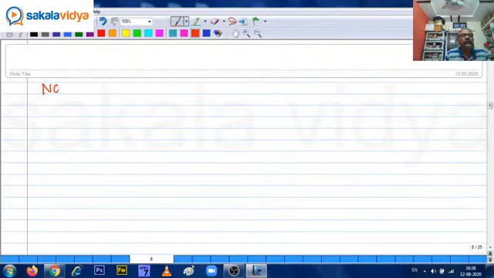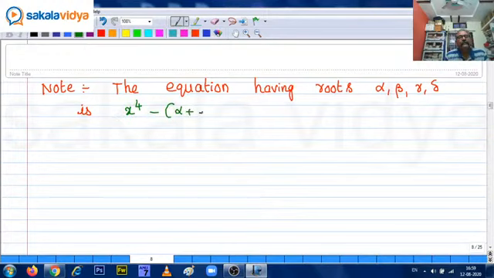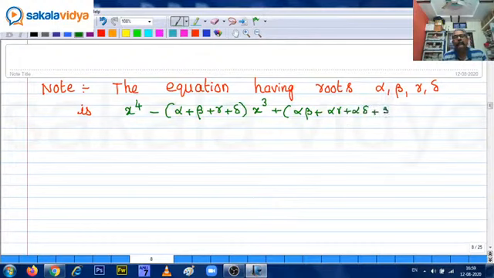So note, right now, important point. The equation having roots alpha, beta, gamma, delta is x to the power of 4 minus (alpha plus beta plus gamma plus delta) of x cube plus (alpha beta, alpha gamma, alpha delta, beta gamma, beta delta plus gamma delta) of x square